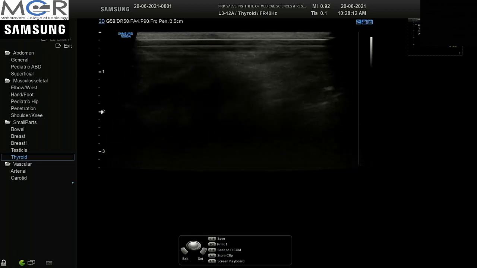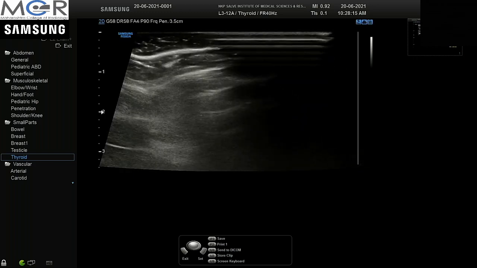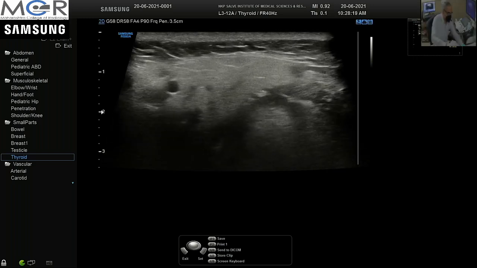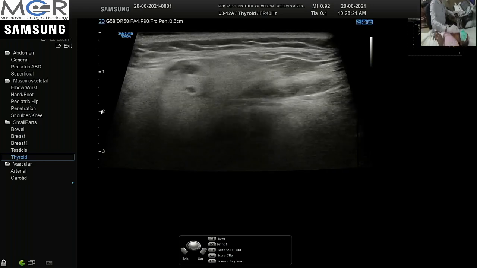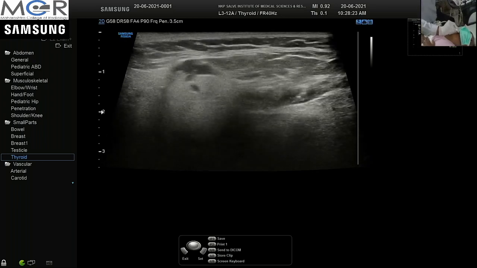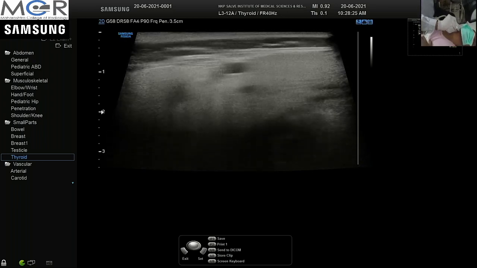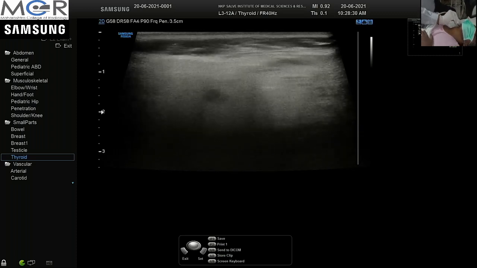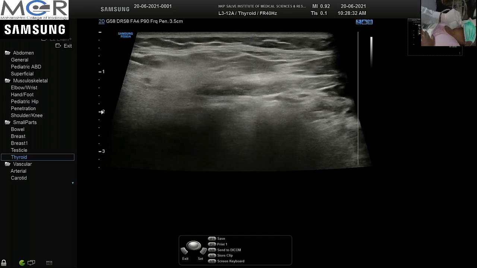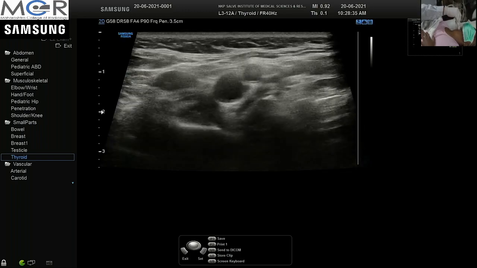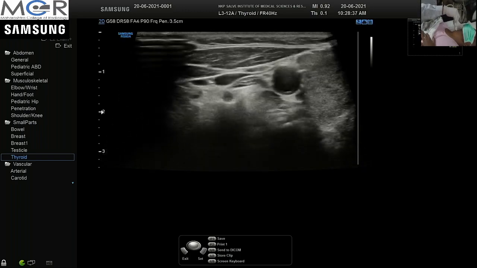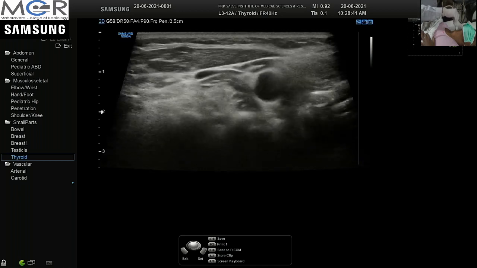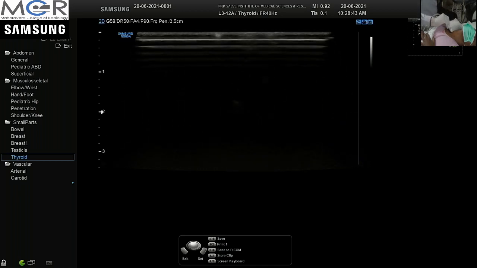We'll leave it here and just try to see other findings in the neck. We'll ask her to turn her neck to the other side, and as Dr. Sandeep has shown us, we'll try to see the submandibular region, go to the parotid region, come back, and from the submandibular region we just follow the jugular vein down and try to see whether there are any lymph nodes here.